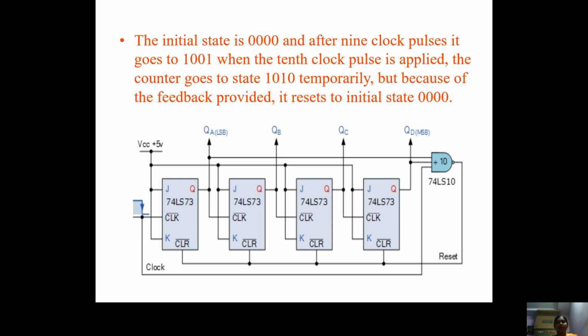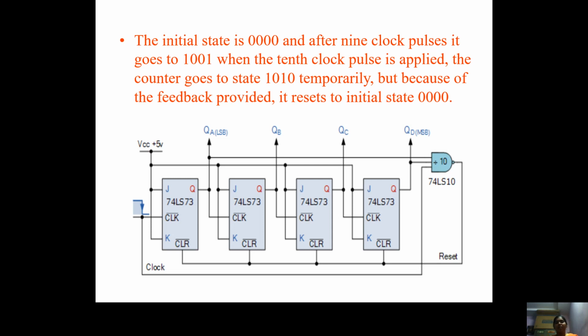Here we have taken JK flip-flops, with J and K both connected to the high value, because whenever J and K are 1 1, we know that the toggle condition happens. That is the reason JK flip-flops have been selected instead of T flip-flops. The first, second, third and fourth flip-flops are all tied to 1; their inputs are always 1. The output of the first stage is given as the clock to the next stage, and so on.